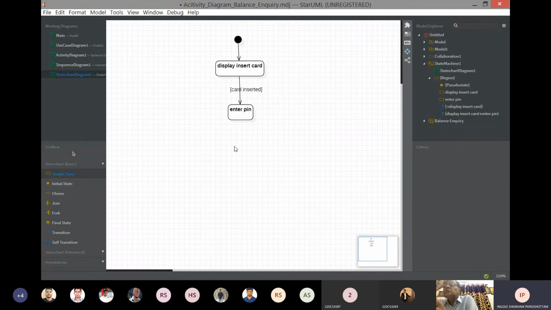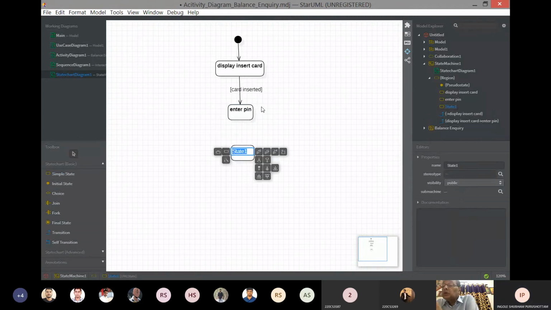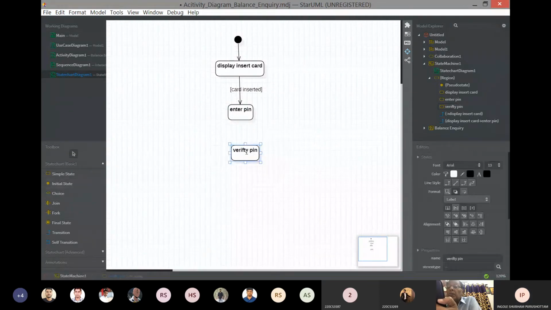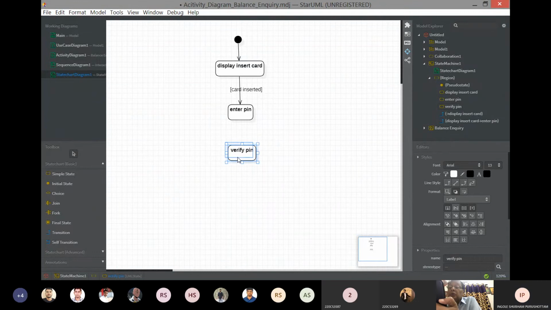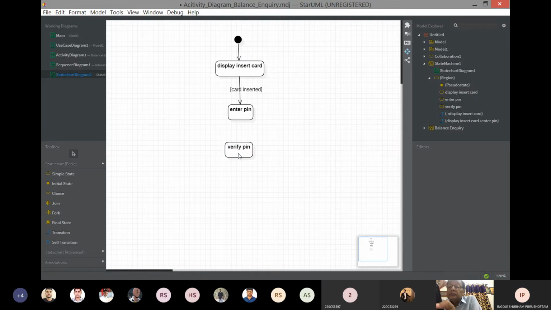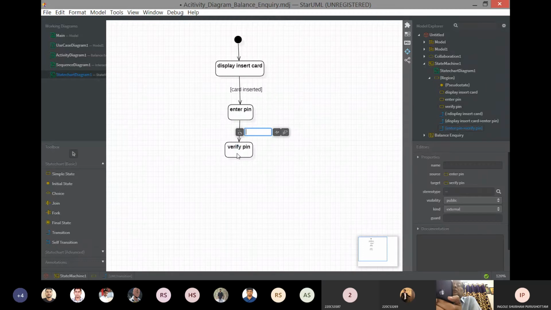So the next state is verify pin. So again here the state is changing when the pin is entered.